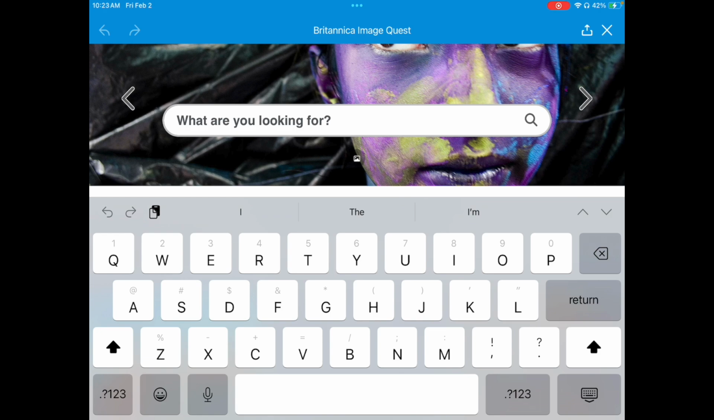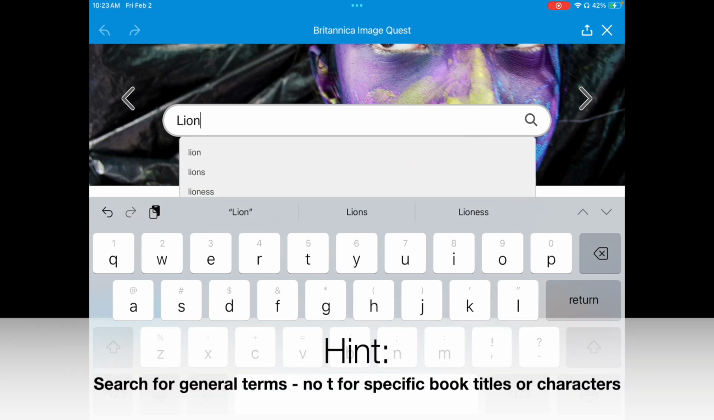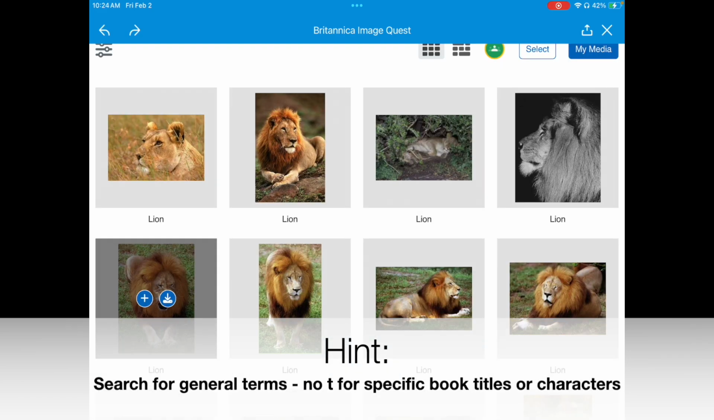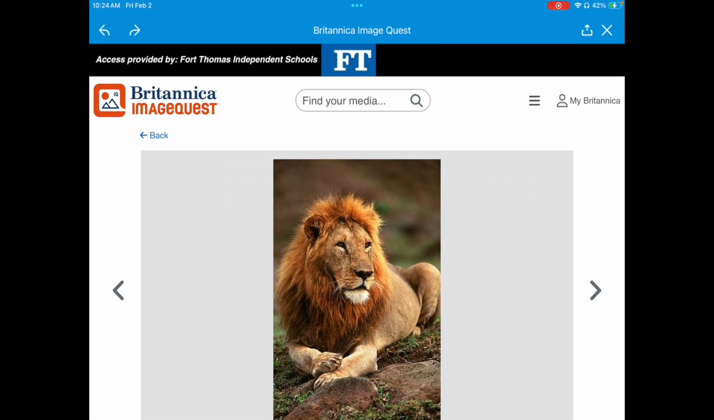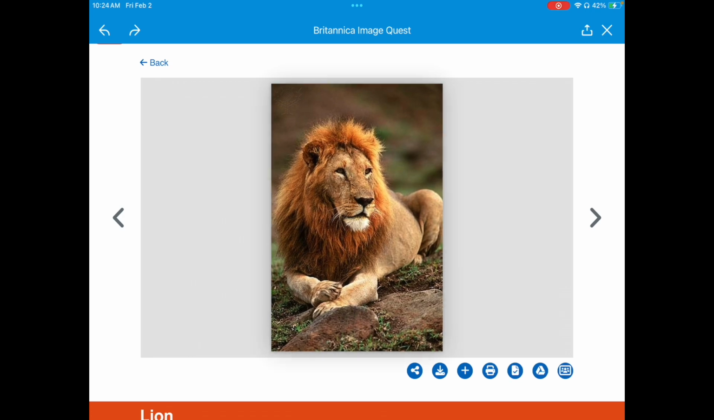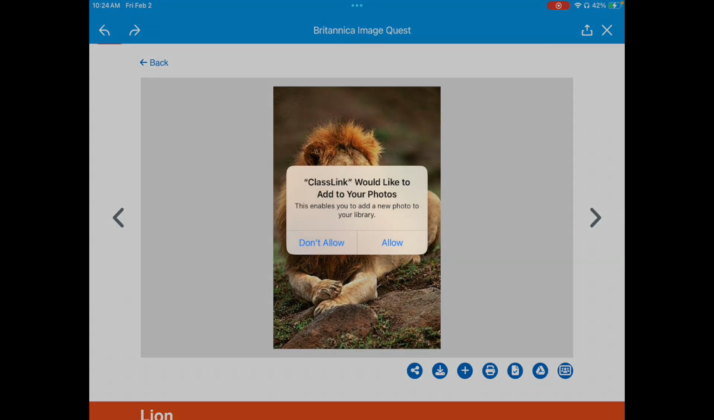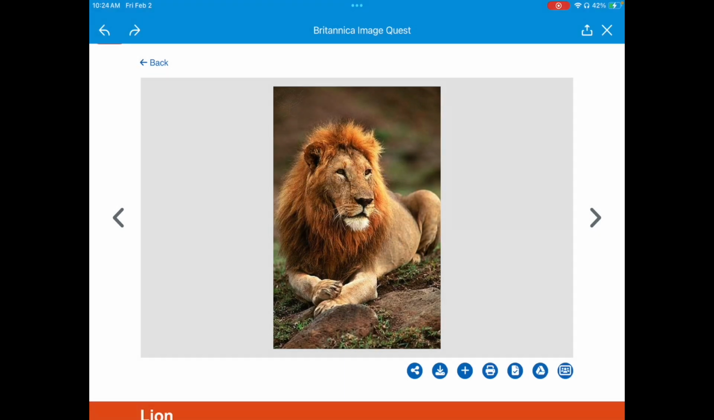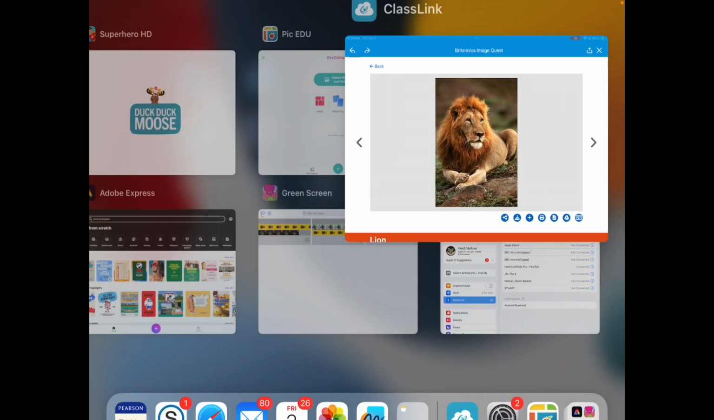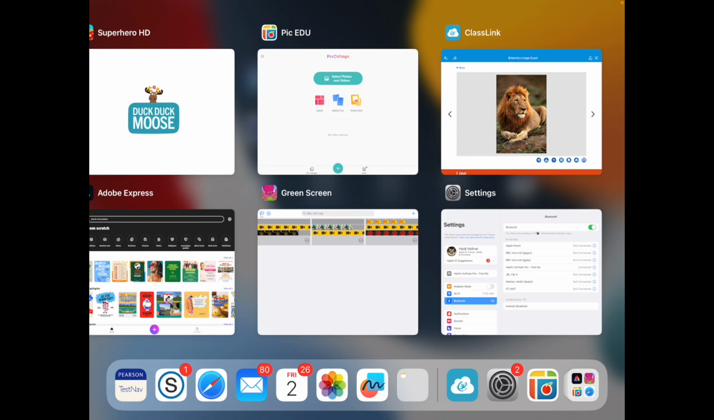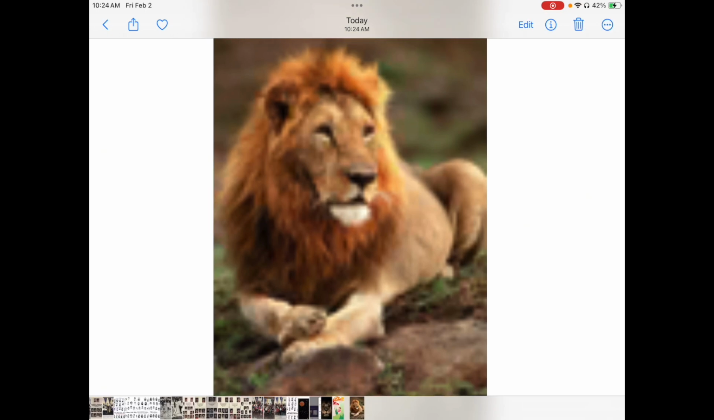and then you can search for photos that you might need for your project. So for example, if I type in lion, when I see a photo I like, I can press that twice to open it larger, and then I'm gonna press and hold and choose save to photos. It'll ask if it's allowed to have access to my photos. I press allow, and then when I double press my home button and open up my photos, I should see that image there